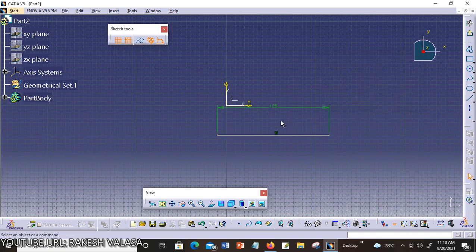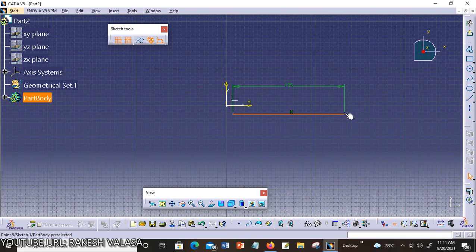Now you can see here, the constraints for the line are applied, that is the line length is 125 mm. The constraint added on the line is displayed after applying the auto constraint of the length to it. Now this line cannot be further modified. You can move it from one place to another place, but the dimension is not changed.